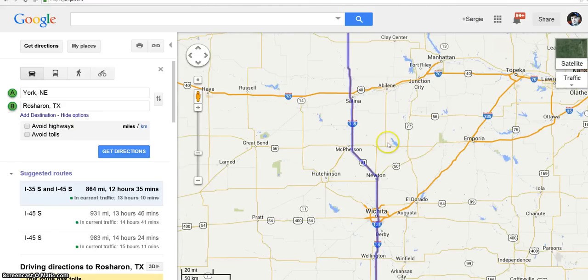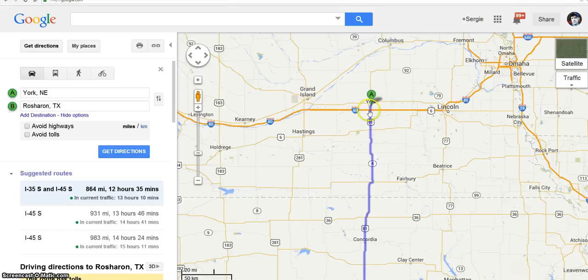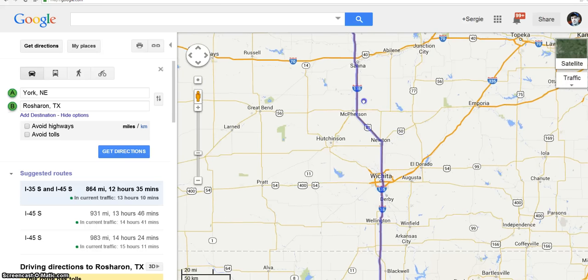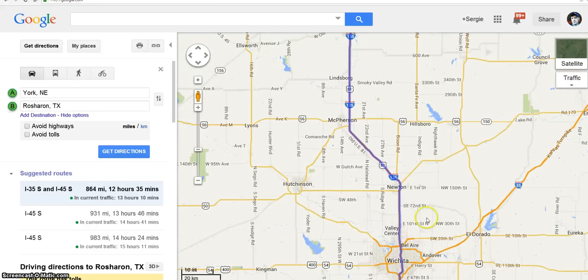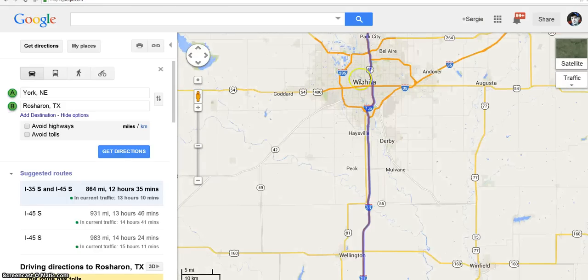No, now it's 81. Yeah, because I went on this interstate here. I came from Grand Island like this, and then I took the I-80. But now I'm switching to 81, and then it becomes an interstate. The only problem is that they don't allow heavy loads on this turnpike here. So that's what they told me, that I have to go like this,